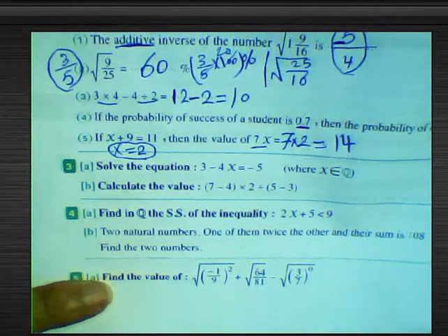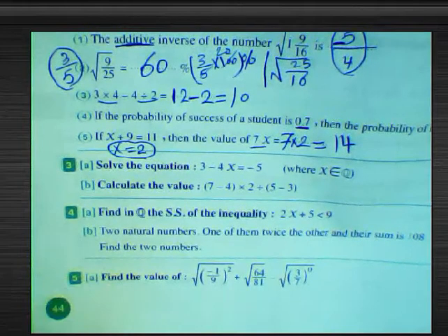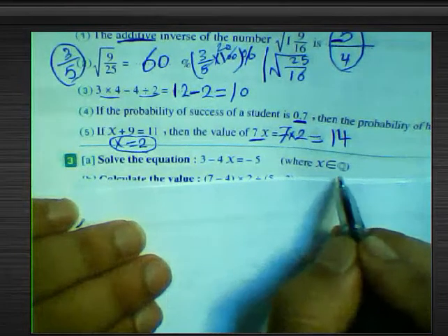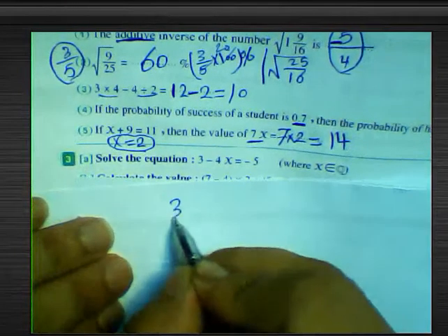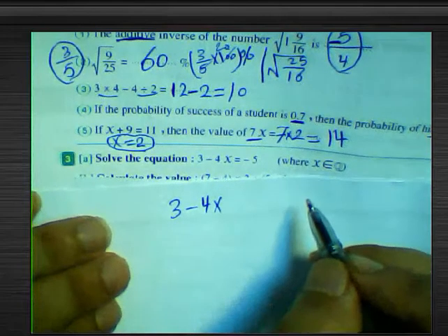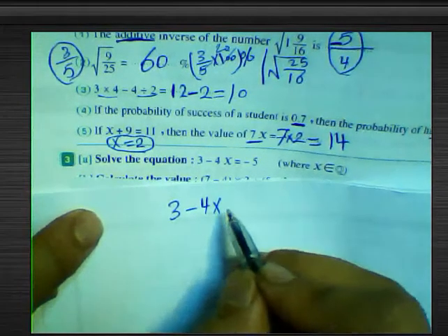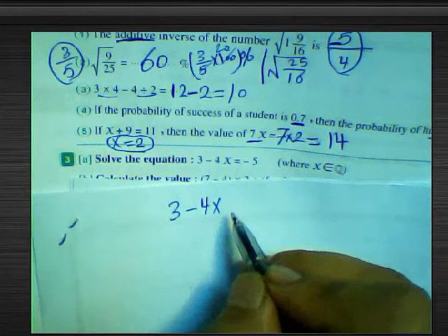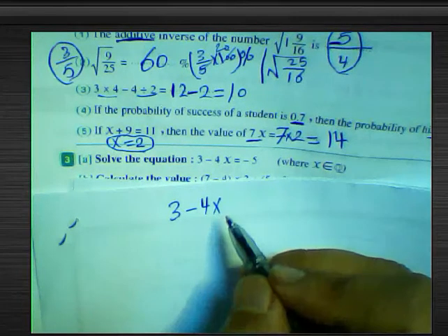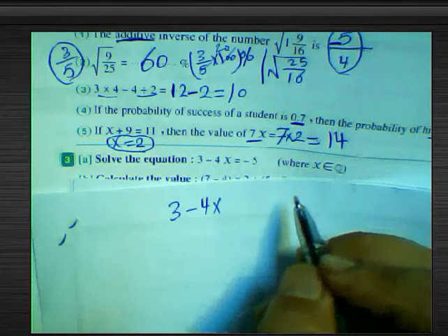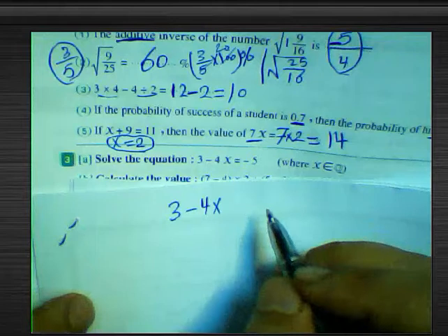Question number 3. Solve the equation: 3 subtract 4x equals negative 5. Look at the paper here. 3 subtract, you want to find the solution in Q, the rational numbers. You want to find it in rational numbers, such as a fraction, or a natural number, or anything, because N subtract Q and Z subtract Q, an integer number, it's true. Okay,